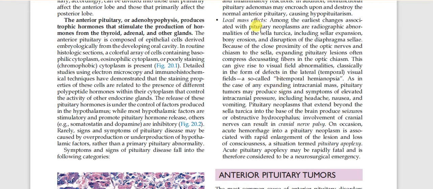Okay. Local mass effect. The location of the pituitary gland is directly in the sella turcica, surrounded by bones. And when it grows, it goes in an upper position out of the sella turcica. If you remember the structure of the sphenoid bone, you remember the sella turcica, and it's like a